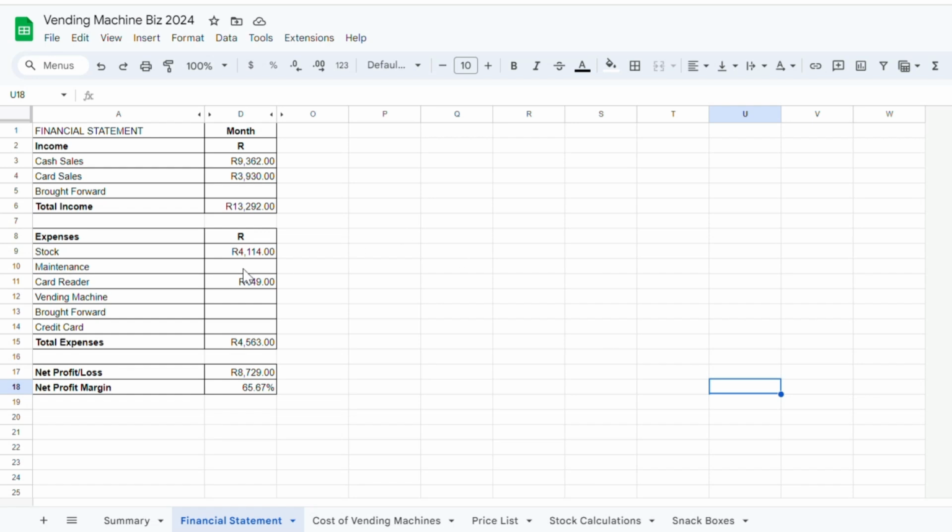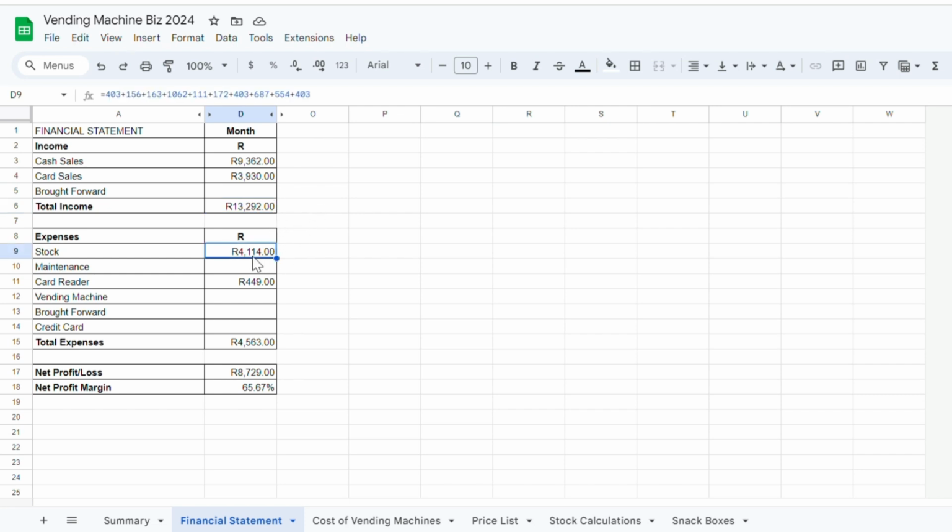What's up, guys? So as you can see here, I'm using Google Sheets, and this is basically the financial statement for my whole business. We've got the cash sales there. I carry them, that's 2 weeks or 3 weeks plus or 1 week. And I decided after this date to actually separate my machines. This is the card sales, the cash sales,